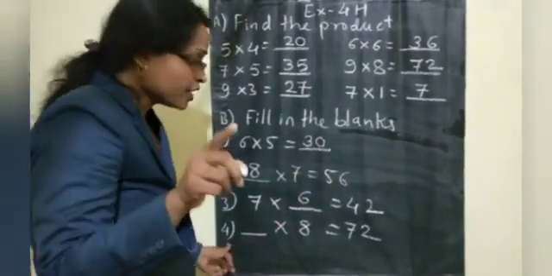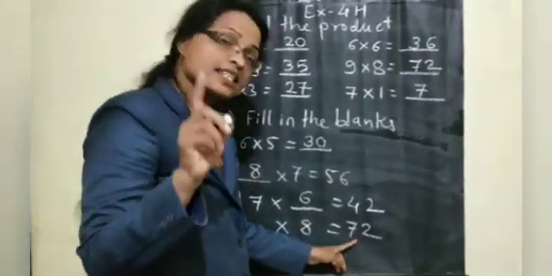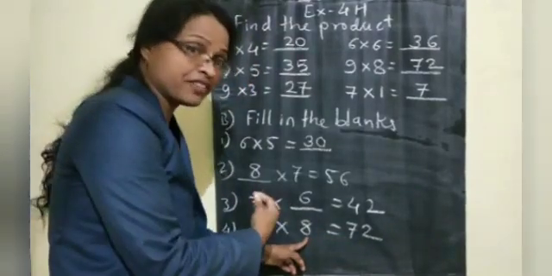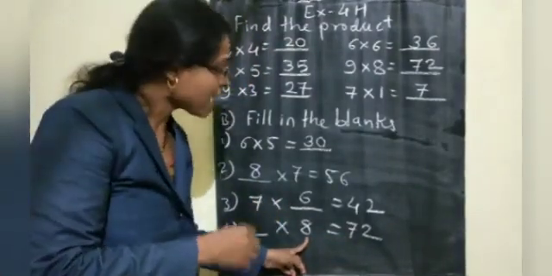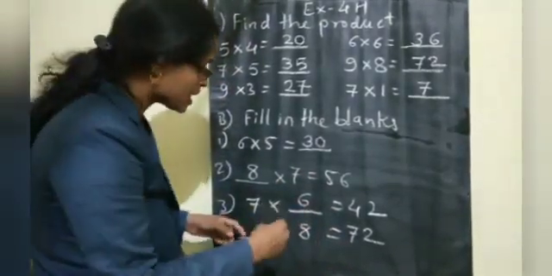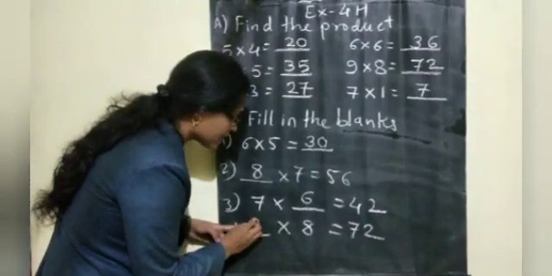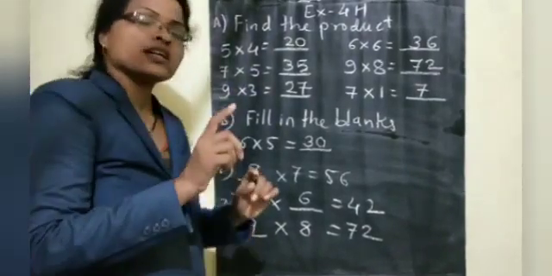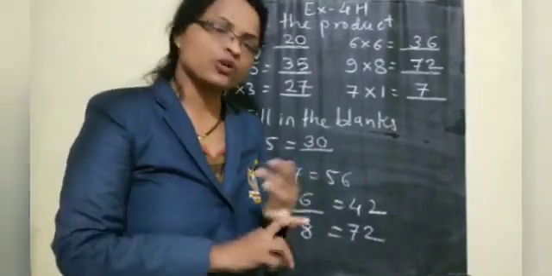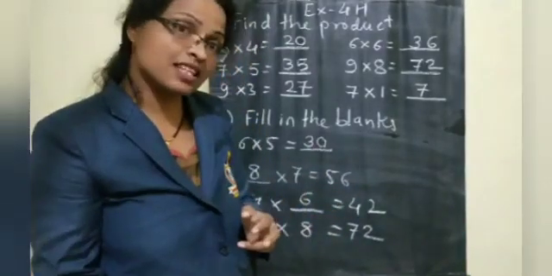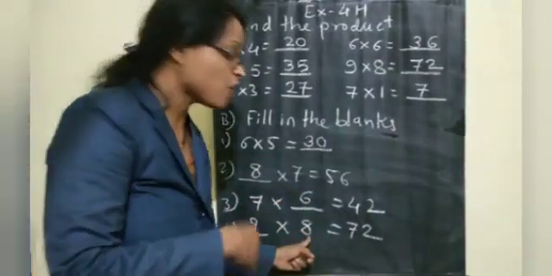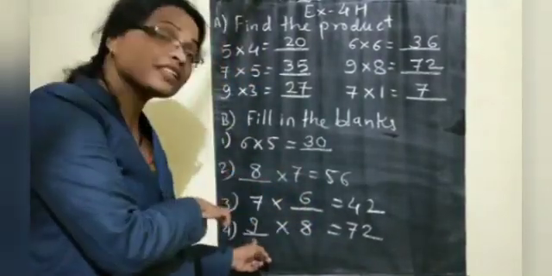In example 4, if you see, the answer is present here, that is 72. And the second number is present on your left hand side, that is 8. Now ask, 8 how much is 72? 9s. So automatically the first number will be 9. So if the first number is present and the second number is also present, directly you can give the answer. If the answer is given and the second number is present, then ask that second number how much is that answer. Automatically we will get the first number.